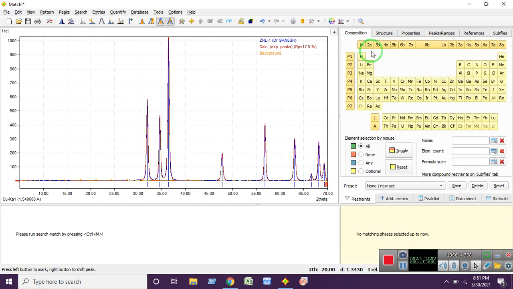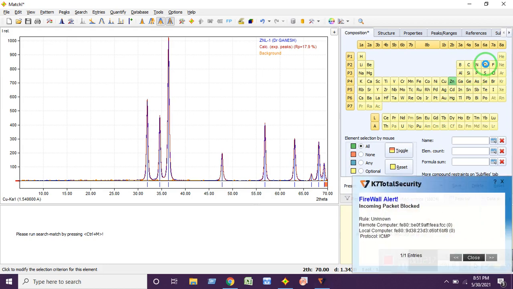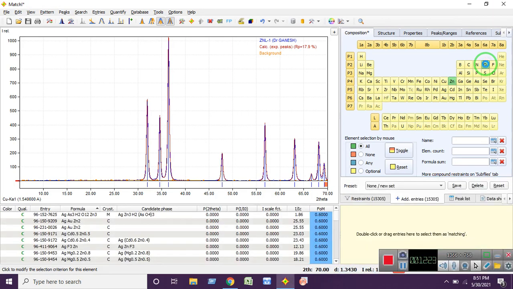I know the composition is zinc oxide, so directly I'm going to select zinc and oxygen. Here I'm going to select zinc and oxygen. Then add entries. Here also I'm going to select zinc, and this is oxygen.